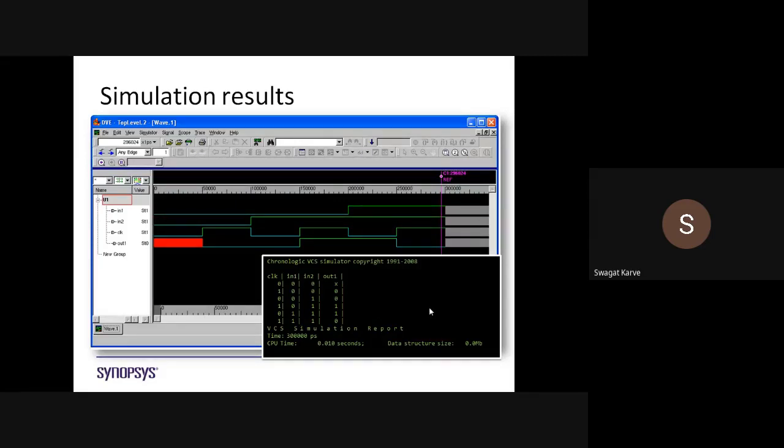So today we will stop here. In the next lecture, we will start with unit number 5, testing of logic circuits.